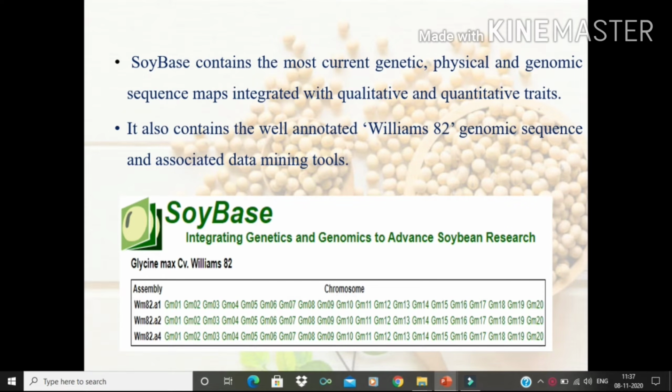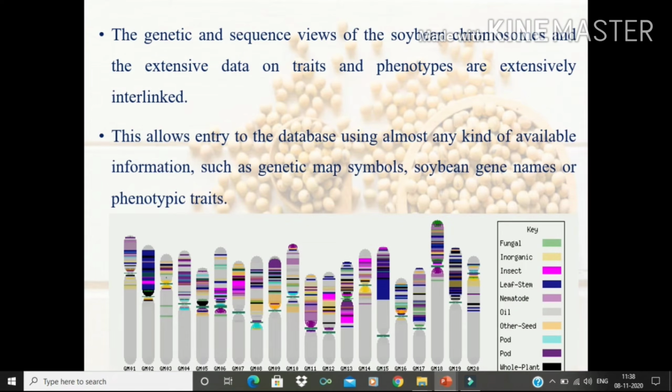It contains the most current genetic, physical and genomic sequence maps integrated with both qualitative and quantitative traits. It also contains the most recently completed initial assembly of the genomic sequence of the cultivar Williams 82, and associated data mining tools.